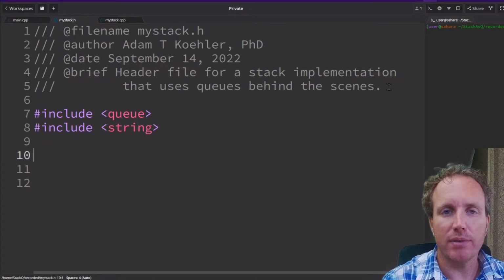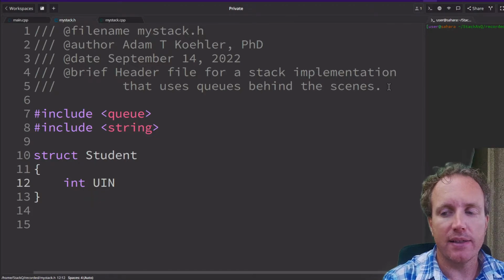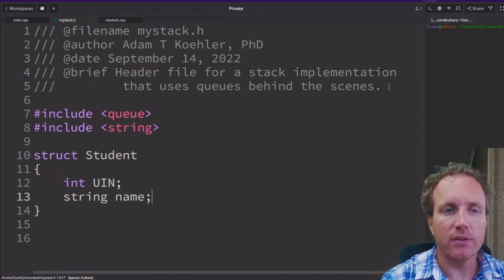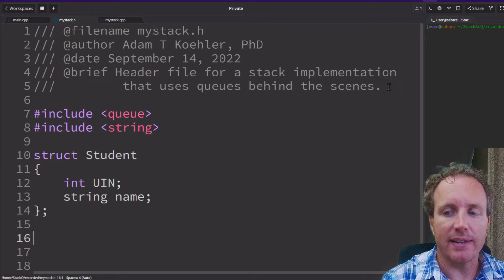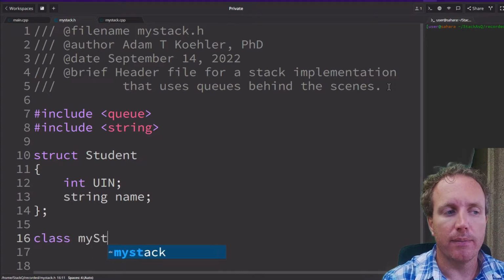To accomplish that, instead of implementing a whole other class, we're simply going to use a struct of type student, and we're going to put the ID number in there, as well as their name. Those two pieces of information compose the student struct. Now we have a student data type, and so now we can implement our class myStack